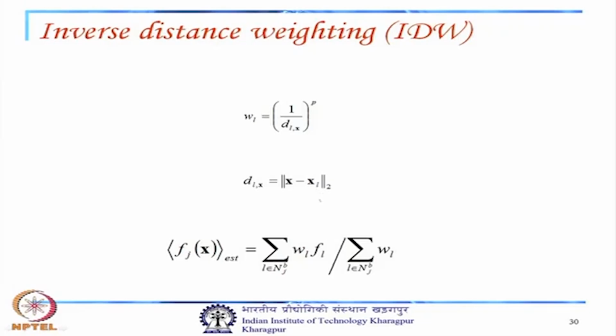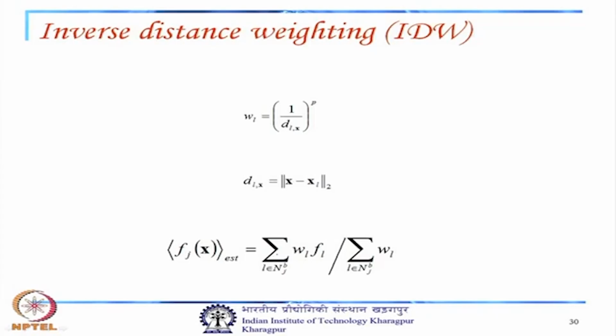The estimated value for any particular attribute or parameter is the summation of w_l times f_l,